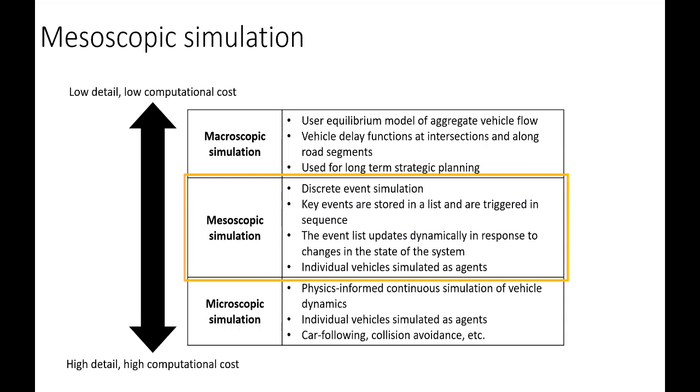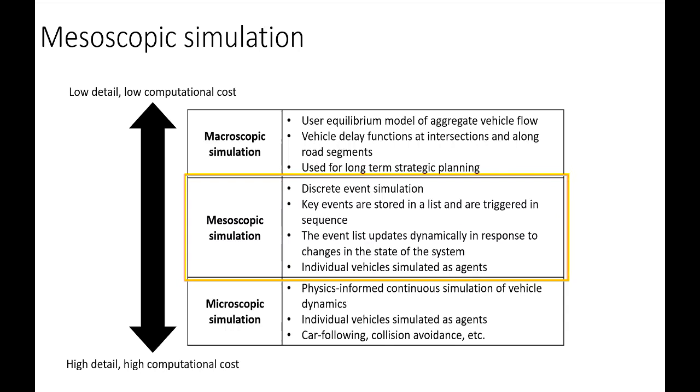Particularly on a large network the size that we're working with, doing this sort of microscopic simulation would be, well, I guess it would be possible if you had a large enough computer, but it would be a very large computer. Instead, what you tend to do for a network the size that we're looking at, you create a mesoscopic simulation, which has a lot of the benefits of the microscopic simulation in that you're simulating individual vehicles. It's an agent-based simulation. It's a dynamic simulation,